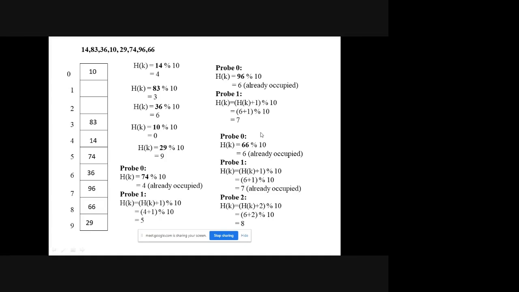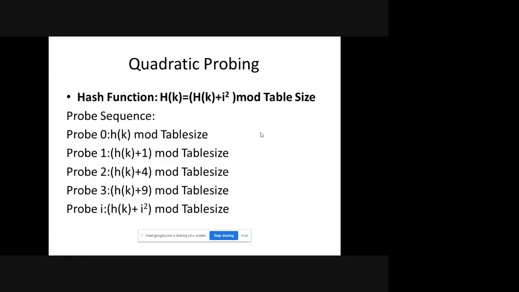Rehashing is different, double hashing is different. So next is quadratic probing. In quadratic probing, look at the formula. The general formula is h(k) plus i squared. Your linear one was i, this is i squared. So how we have got this formula is,